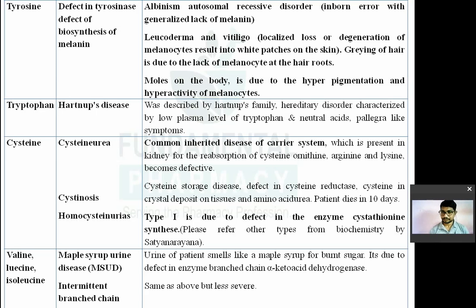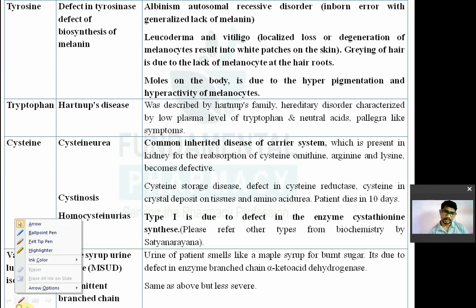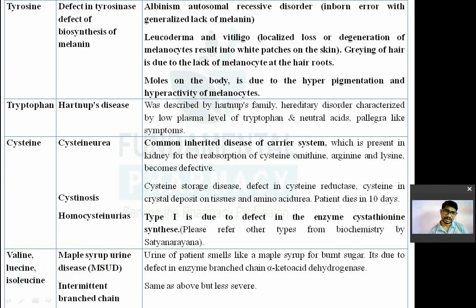मैंने बोला है कि स्टमक एरिया पे पैच आएगा आपको व्हाइट कलर का, या फिर कोई बाहर नेक पे आएगा. So that is known as a leukoderma. And vitiligo means localized loss of or degeneration of melanocytes. So melanocytes are the cells containing melanin pigment. आपके बॉडी में आपके हर एक स्किन के ऊपर मेलानोसाइट्स होते हैं. So if there is a degeneration of melanocytes, you will get a local white patch that is known as a